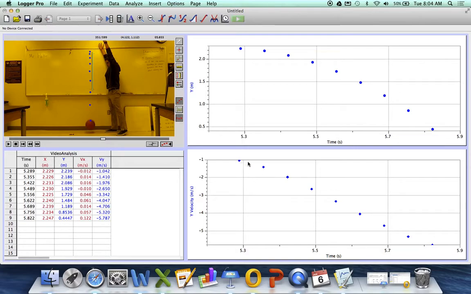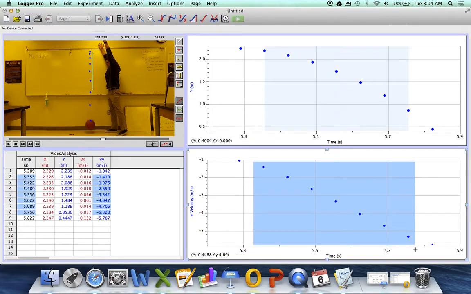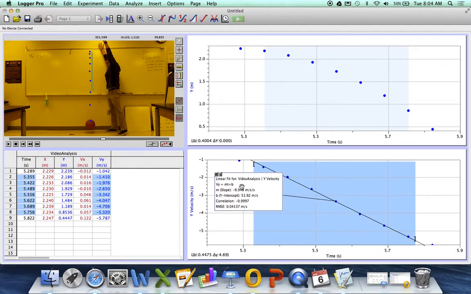Sometimes if you've got one here at the very beginning and one here at the very end that seem like they don't really fit, what you can do is select the dots that look like they have a nice line, and then you can put that line on them. Oh, and that's a great number. Okay. And so what we want to see here,